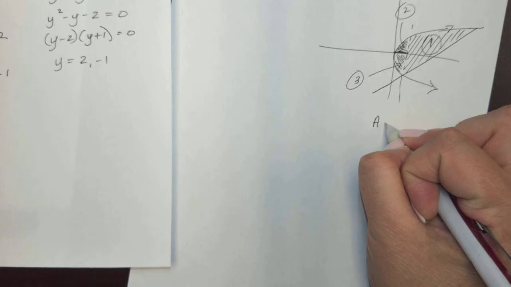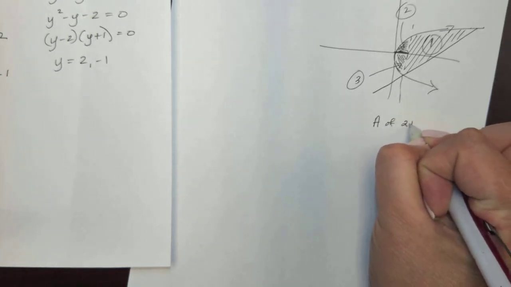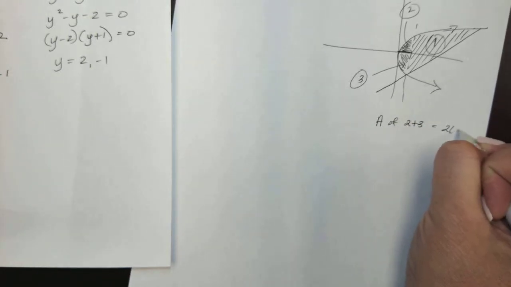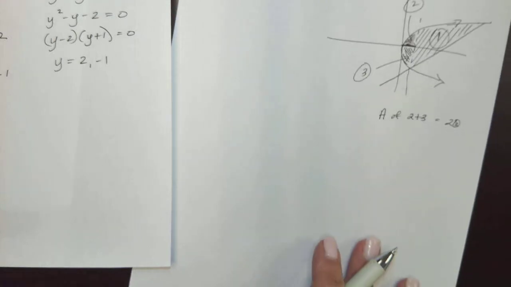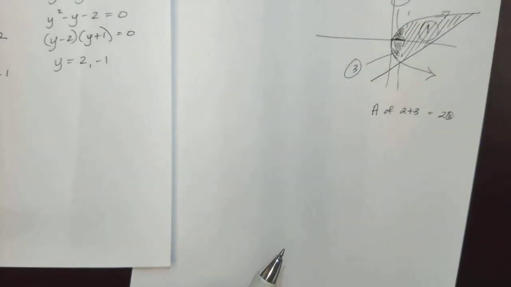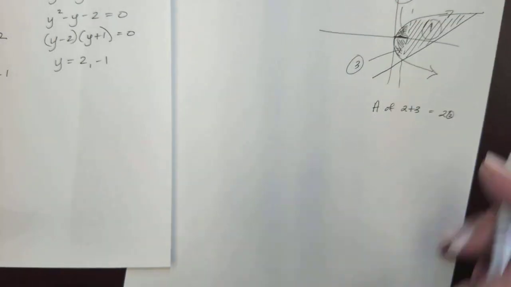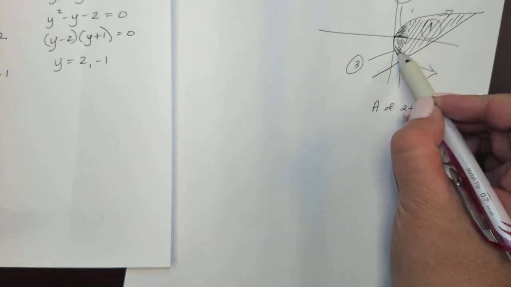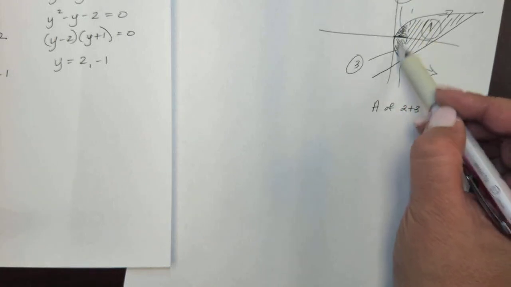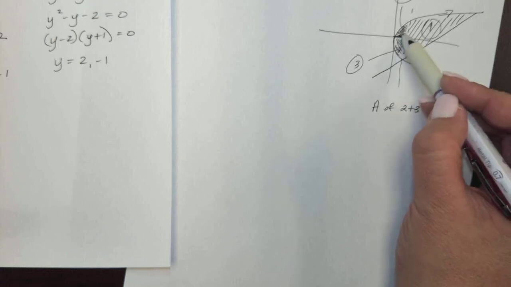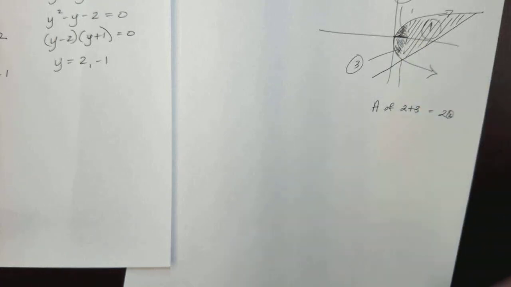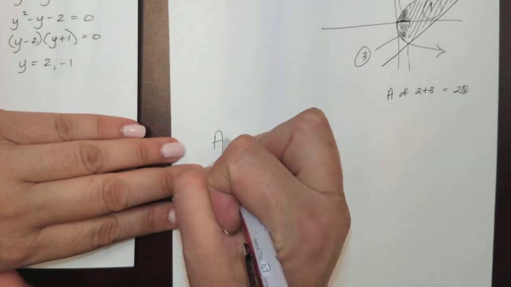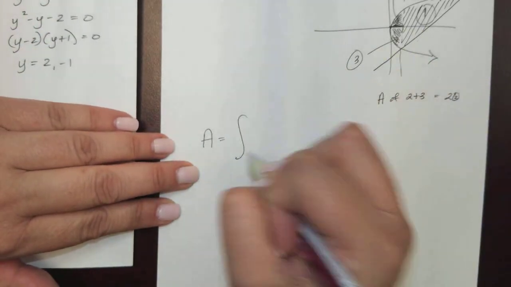Area 2 plus 3 is equal to 2 times area 2 because they're symmetric. Because these are symmetric, the area of this region, the 2 and the 3 together, is twice the area of 2. Okay? So my total area is going to be the integral,